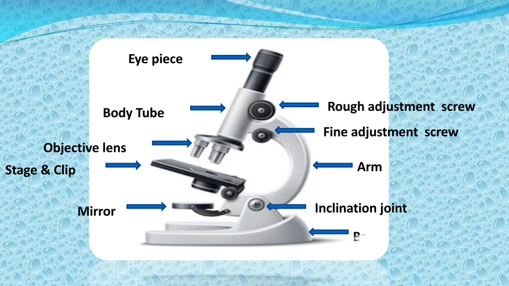The last part is the base of the microscope. It is also called the diaphragm. It is a metal disc with adjustable central holes for controlling the quality of light. Pillar. It is also called the pillar and horseshoe shaped base. It is the basal part holding the arm and other parts in balance. These are all the microscope parts and their functions.